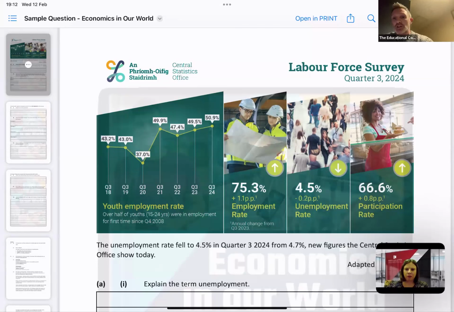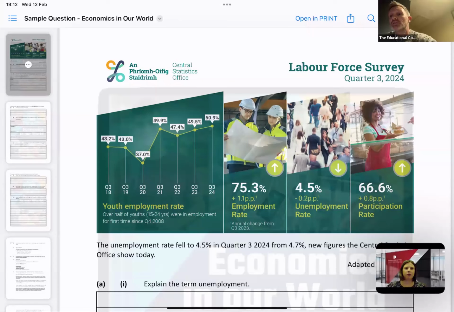So that's what I tried to do with this exam question, try to make it real life, something that you could use in your class, be it at the end of a chapter or the end of a topic test, and try to replicate what the SEC are doing in terms of an exam question. So we all know with the new spec that has come in, infographics have been a big part of it. In fairness to the CSO, they do huge work, and they do excellent infographics. We're probably all using them in the class at this stage. And the graphs and charts with the infographics especially are excellent.